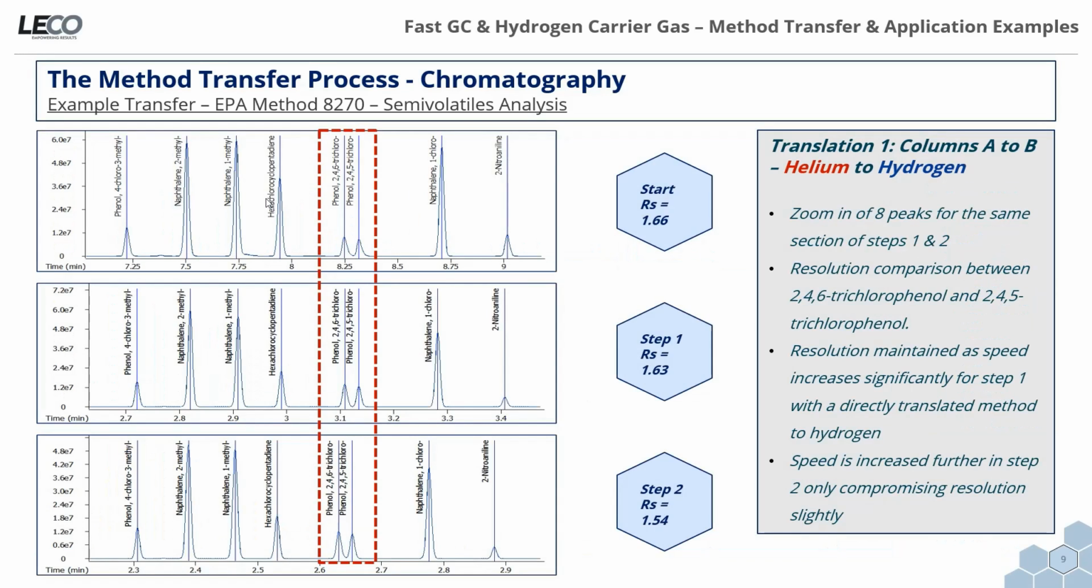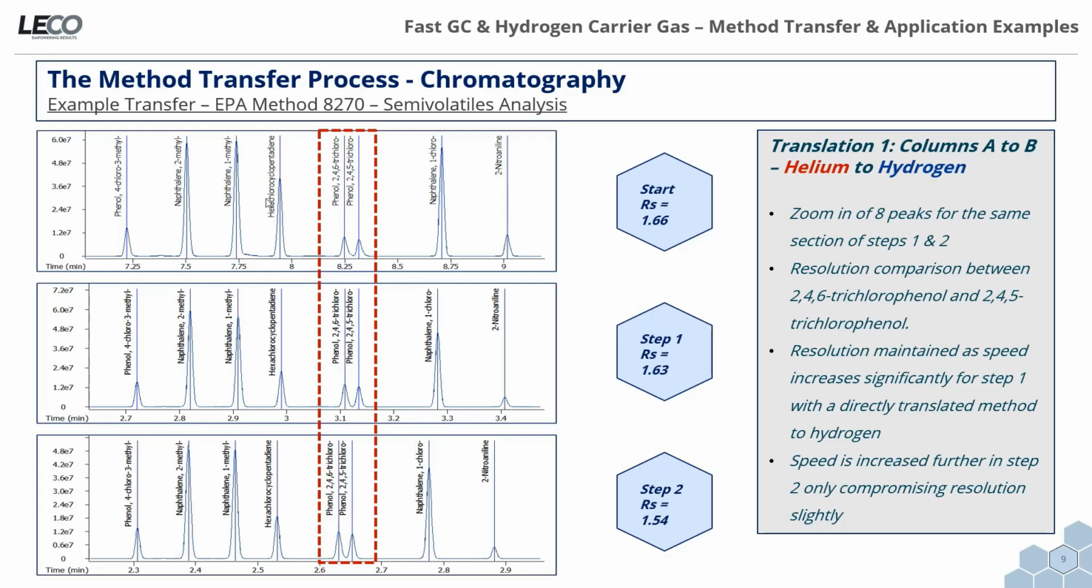So we mentioned there with the final step that you might need to compromise on resolution. The question is how much? In this part of the process, we're not really compromising on resolution very much. Of course, it depends on the analyte chemistries, but here you can see we've zoomed into a section of a chromatogram where we've analysed the 8270 EPA standard